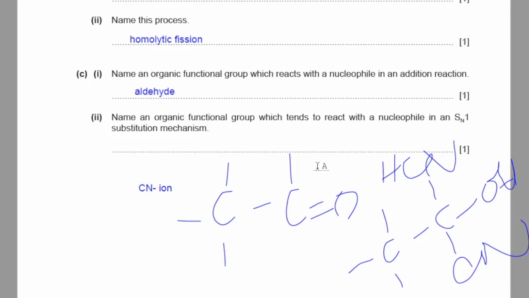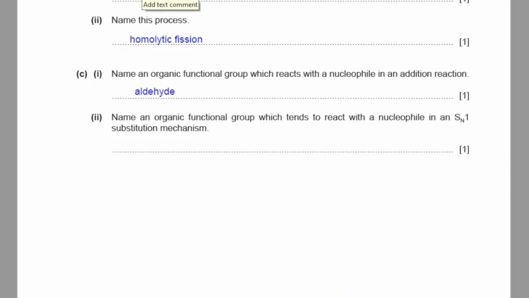Part 2, name an organic functional group which tends to react with a nucleophile in an SN1 substitution reaction. So SN1 mechanisms have a stepwise mechanism, meaning an intermediate forms which should be very much stable. So I think of a tertiary carbocation, which looks like this. This is a tertiary carbocation plus a functional group which will be replaced by a nucleophile. So this structure can have a halogen attached to it, like chlorine, bromine or iodine. So the answer is